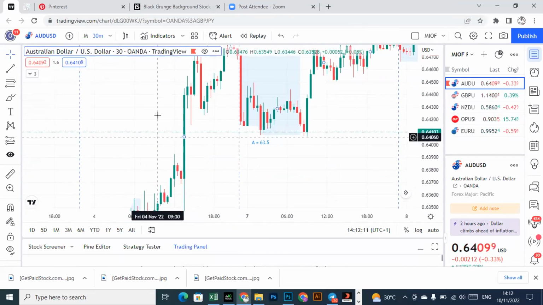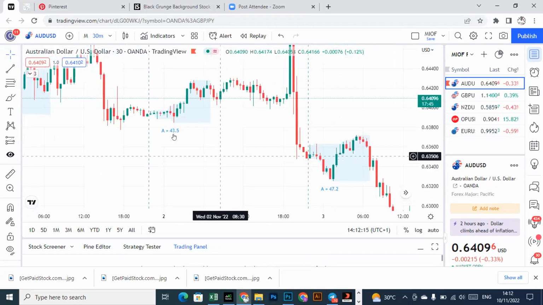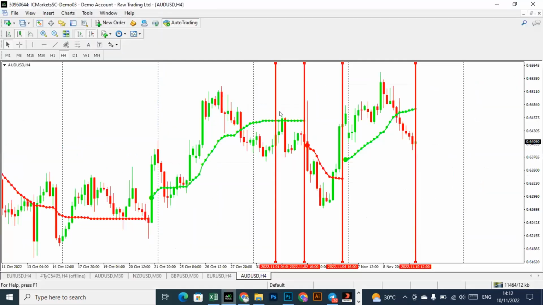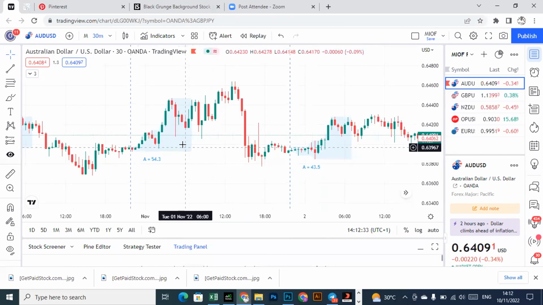So let's check AU. Okay, so this is the 1st of November, and based on bias, we are bullish to 2nd, right? So we'll be looking for buy setup. Nothing happened here because this is Asian. And you want to also have time, right? So you don't want to trade from morning to night. Like mine, I always stop trade around 4 p.m. Once it's 4, I just want to stop.